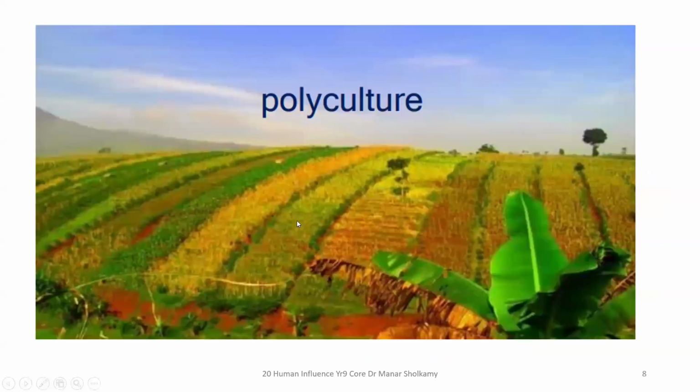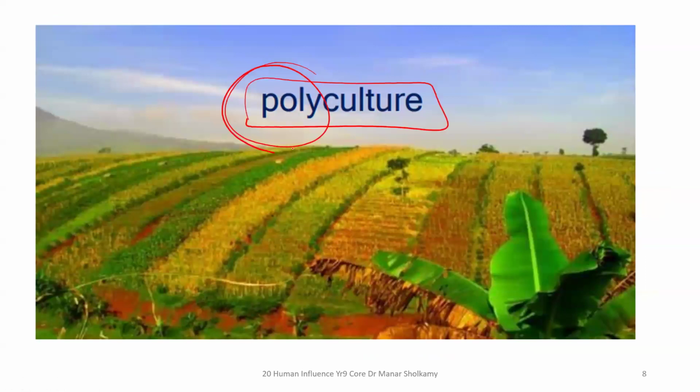Okay, now can you guess what polyculture is? If monoculture is growing one thing, what is polyculture? Growing different things. Exactly, like the picture shows you here, polyculture means I'm growing several types of crops. And this, of course, has advantages and disadvantages. Without even reading on, what is the advantage of the polyculture in terms of biodiversity, more or less biodiversity?